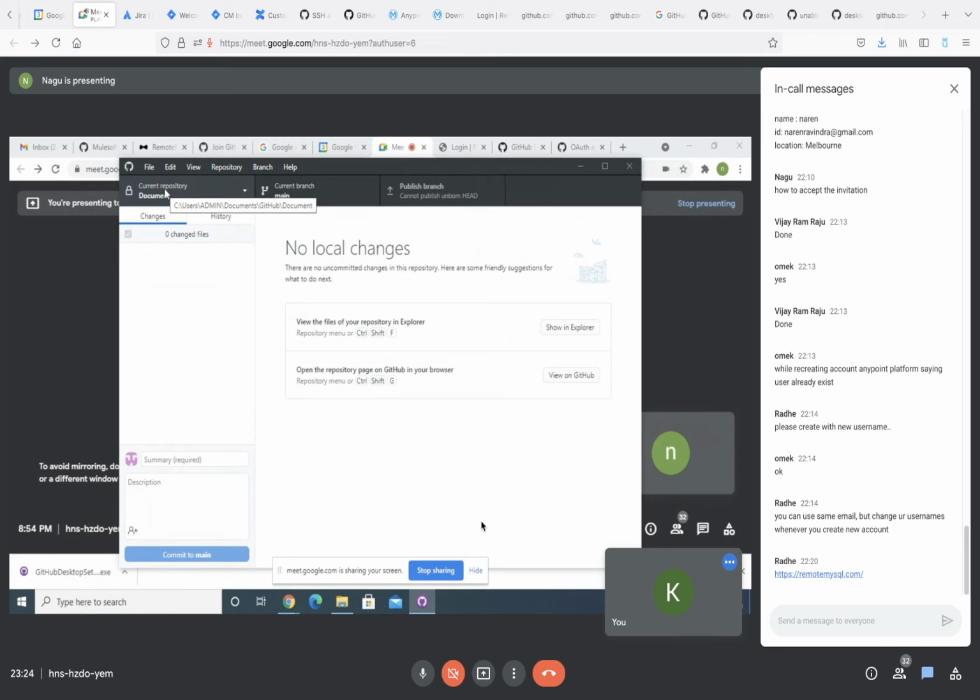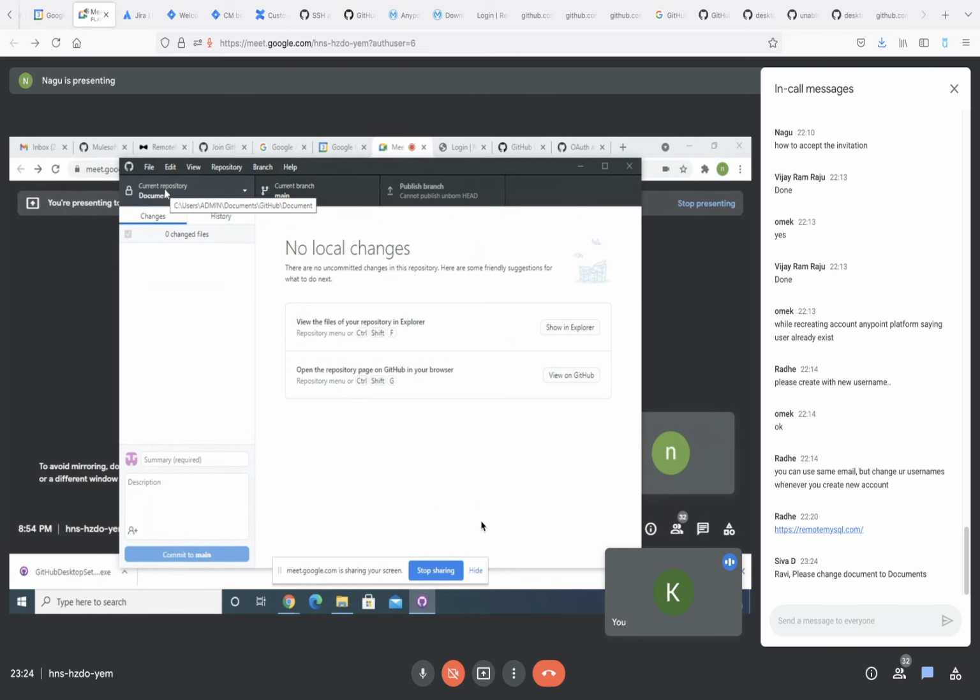So what you did is you cloned your repository from the server to your desktop, and that is your folder location. If you go to this particular folder, you will be able to see one empty document folder. Everyone needs to follow the same step and let me know. Okay, you can stop sharing your screen.